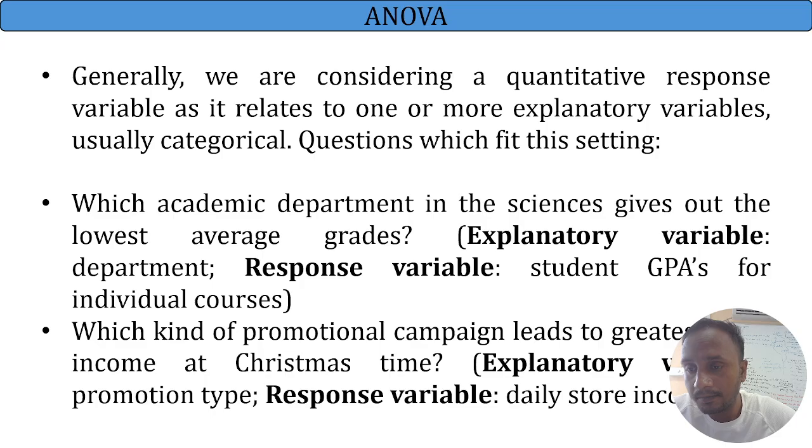This ANOVA will help us to prevent the type 1 error, because there are multiple groups there. So each group